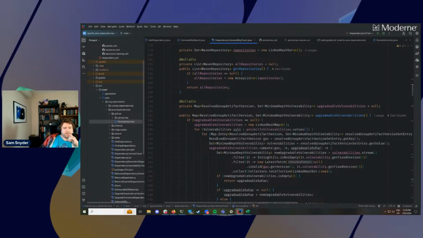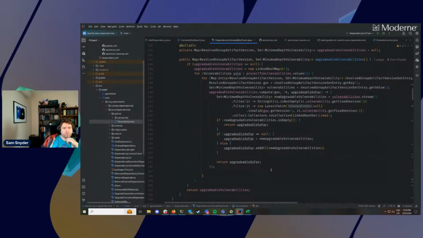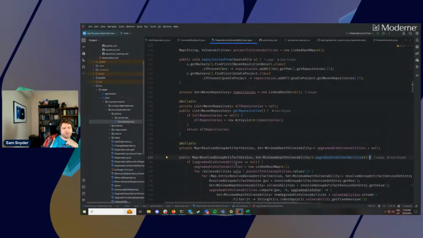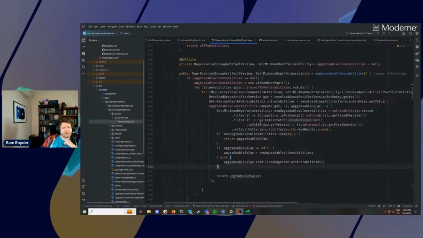So there are a couple methods in here. One is the relevant one of upgradable vulnerabilities, which goes and figures out a mapping of resolved group artifact versions to which vulnerabilities are relevant to those, so that you can easily say, am I on an upgradable dependency.